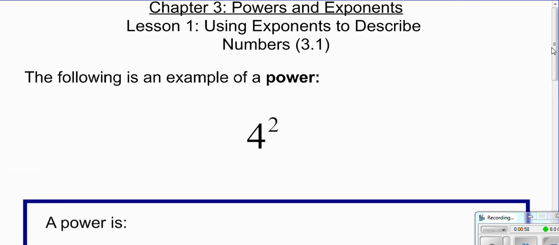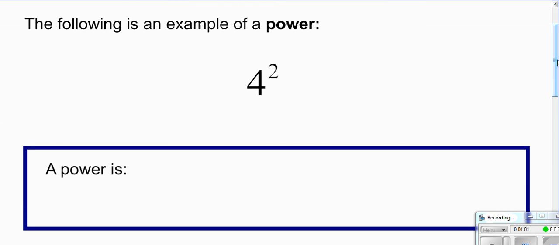So your first example, we have an example of a power. This is 4 to the power 2, or we could say it as 4 squared. And so when we look at this full example altogether, it is a power. A power is any expression, and remembering that expressions are not equations, they don't have an equal sign, but they could have different operations like addition, subtraction, multiplication, division. So a power is an expression that is made up